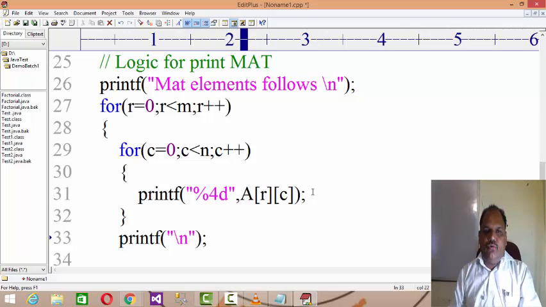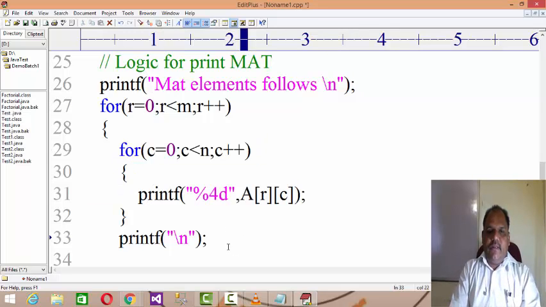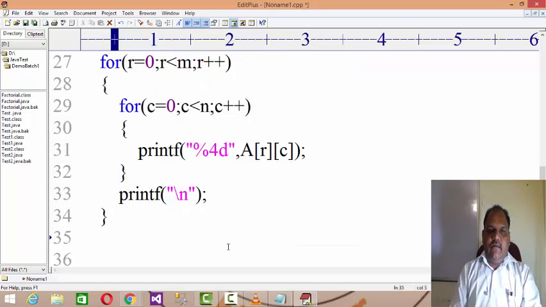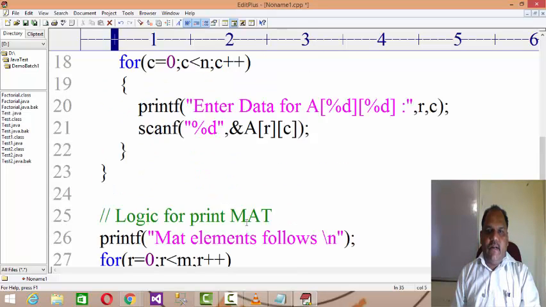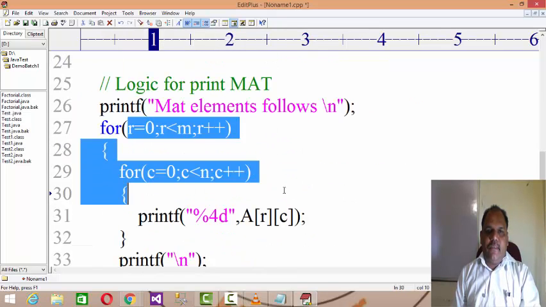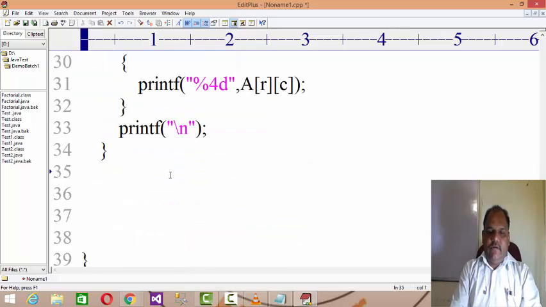For each row, the entire column coordinate needs to be printed, and then you go to the new line. In this manner you can print the entire matrix elements, right? Now you are able to construct the matrix and print the matrix elements. Now let's develop the logic for